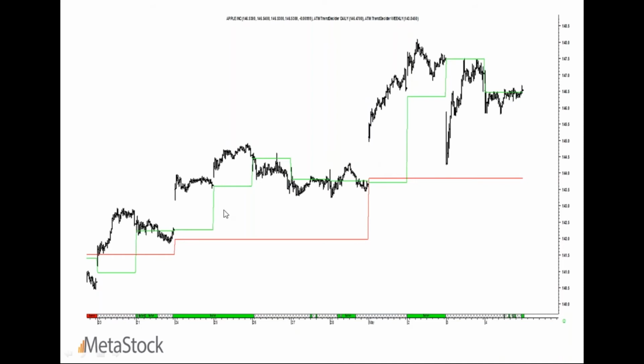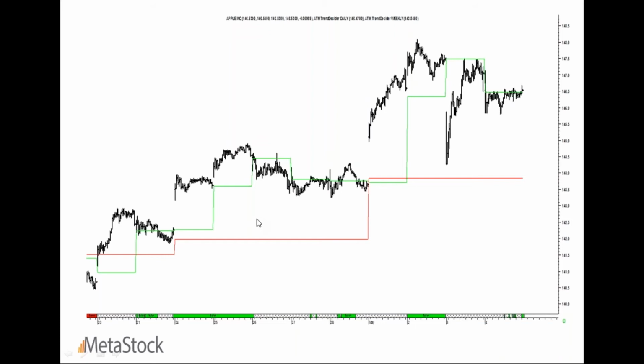So to simplify, if I'm really bullish on an equity or a symbol, price over here has closed above the daily, closed above the weekly, and the green line is above the red, or the Trend Decider daily is higher than the weekly. So only if all three are in sync, you understand that the trend has shifted, right? Unless you're worried about intraday. If you're worried about intraday, if the price breaks the green, all right, you probably got some pressure for that day. Okay, so really nice tool there.